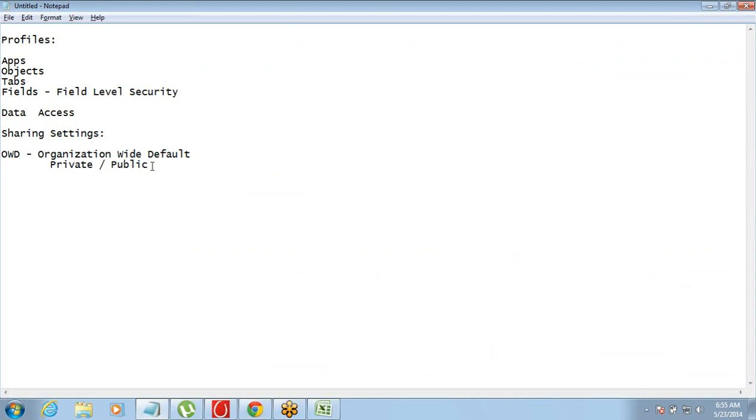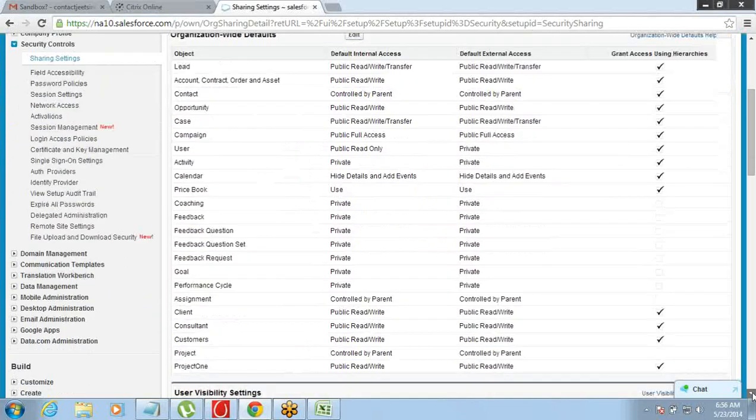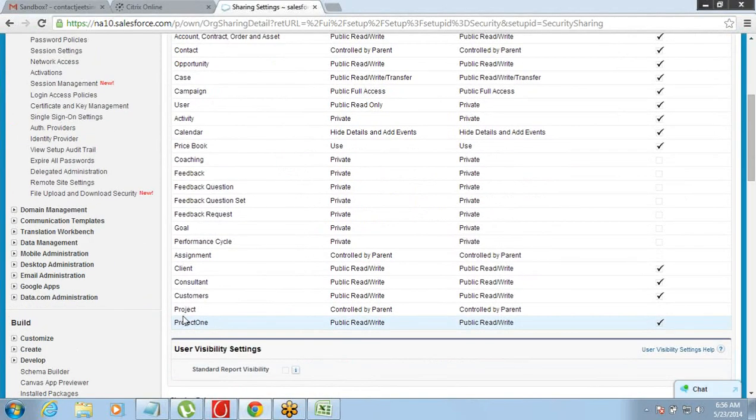If you make it public, it will be public across the organization. Right. So that is the only thing that we need to define. So under organization wide default, you have a list of all the objects, whatever objects you have in Salesforce: lead, account, contact, opportunity, your custom objects, project, customer, consultant, client, whatever, right?